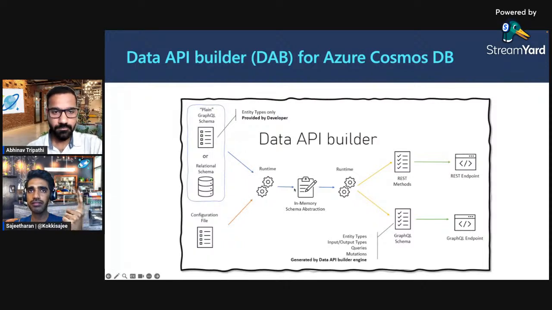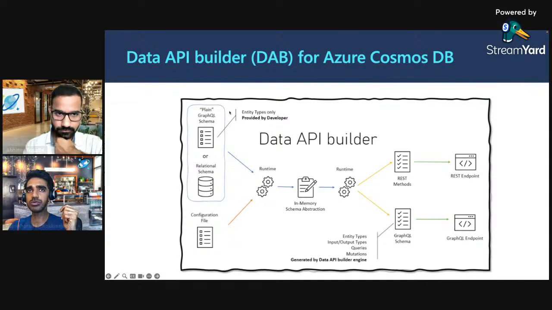And then the configuration file, which the developer uses to instruct the data API builder based on the configuration options provided, say the data source, the entities that you want to connect to, the authorization policy, and the developer settings that you want to enable on the local developer experience. I will show a quick demo on that.